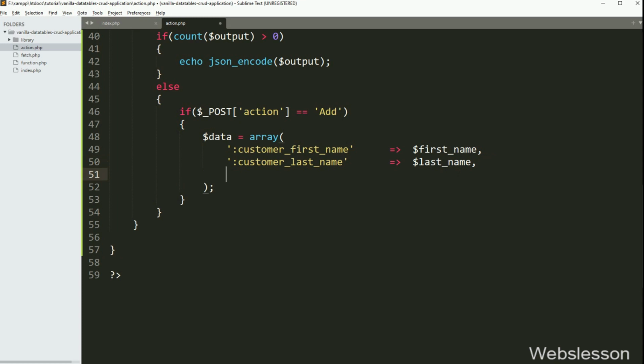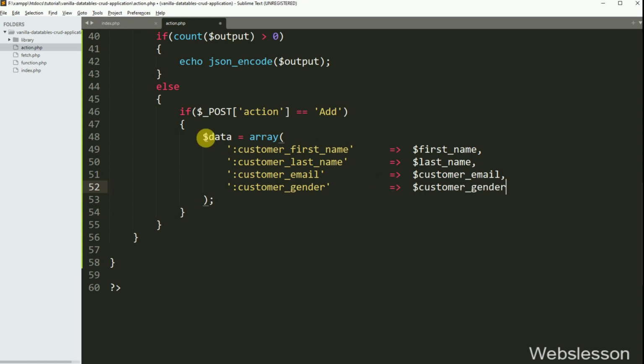In the third key, customer email, and in value, the $customer email variable. In the last key, customer gender, and in value, the $customer gender variable, so here we have stored data in the $data variable in array format.